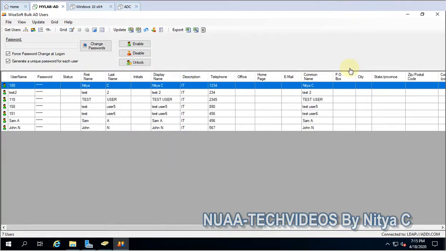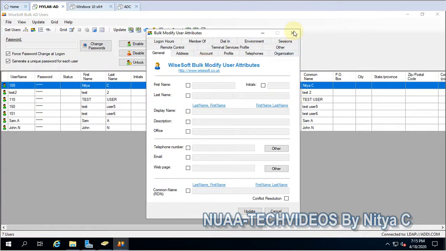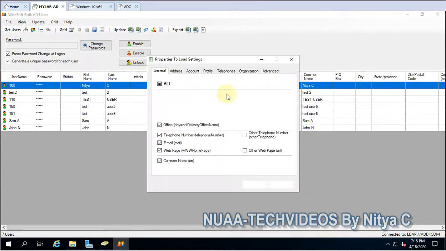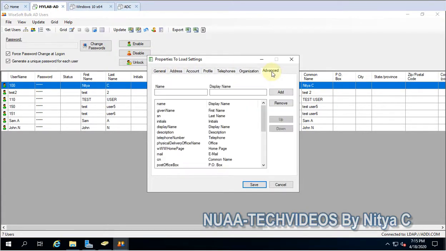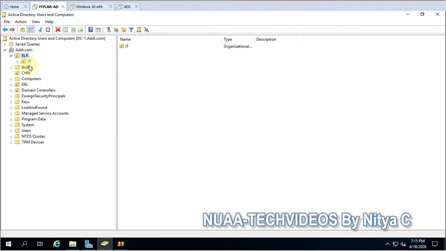I would suggest you not to change any default parameter, like you can see here the telephone or any from the Excel sheet or the CSV sheet, otherwise that will not work. So this is how you can update from Excel. And again, if you have some of the parameters or the attributes which are not already there, let me show you here, in all of these tabs, then simply you can add them, like any of the attributes. Let me show you the attributes of any one.